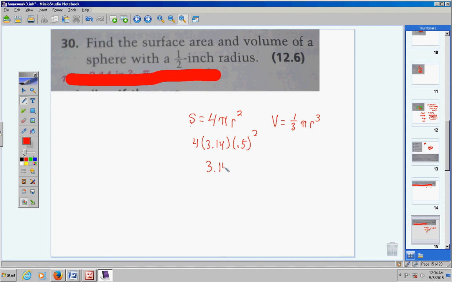3.14 inches squared. Now for the volume of this sphere, this should be what? 4/3 times 3.14 times the radius, which is 0.5, to the third power. When you type all of this into your calculator, we're going to get